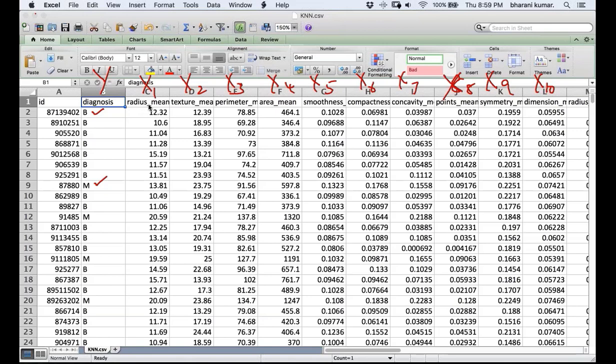So radius mean, texture, perimeter, area, smoothness, compactness, concavity, so on and so forth. You have all these inputs. These inputs are also called features. Feature 1, feature 2, feature 3. All these features put together is called the feature set. So given the feature set, you should be able to predict